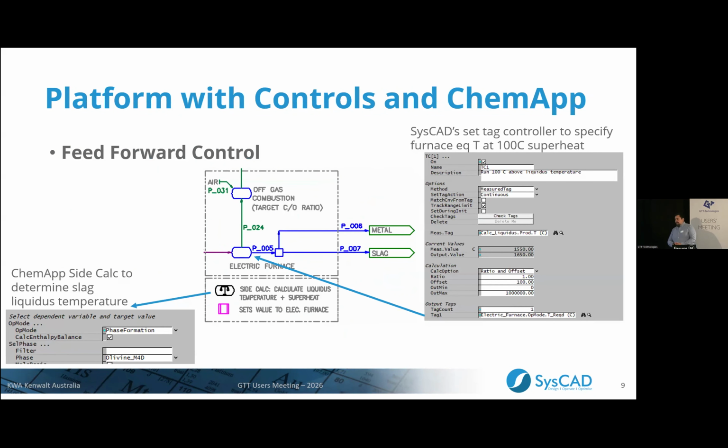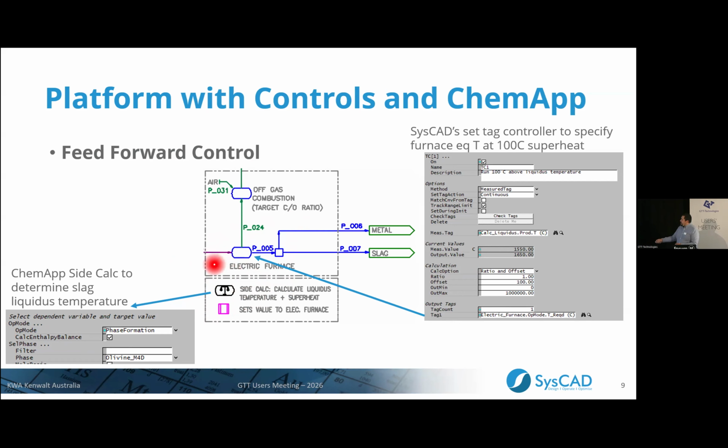One thing that you gain when you bring ChemApp into SysCAD is a number of tools for control. The first one that I'm going to show here as an example is feed-forward control. This is a subset of the nickel laterite smelter example. Okay, so there's the rest of the flow sheet here that is not shown. But basically, this represents the electric furnace part. And what I wanted to show you, one unit model that we have in SysCAD is what we call a site calculation. This is a full ChemApp reactor. But basically, you can think of this as, I want to take a sample of the calcine, for example, that comes from a kiln, by the way, a unit model that also uses ChemApp,